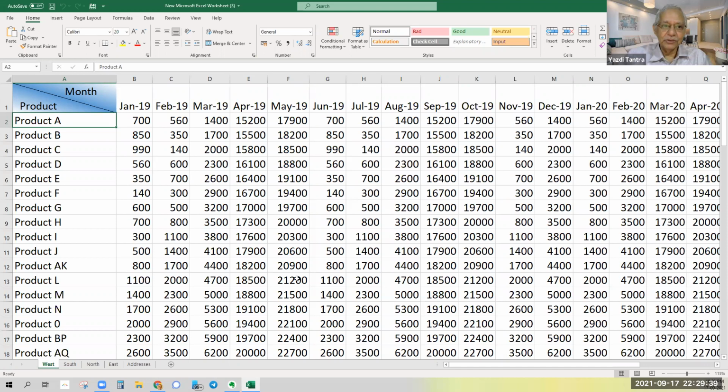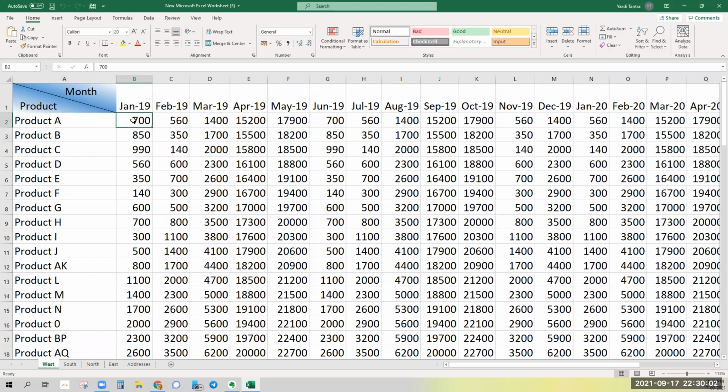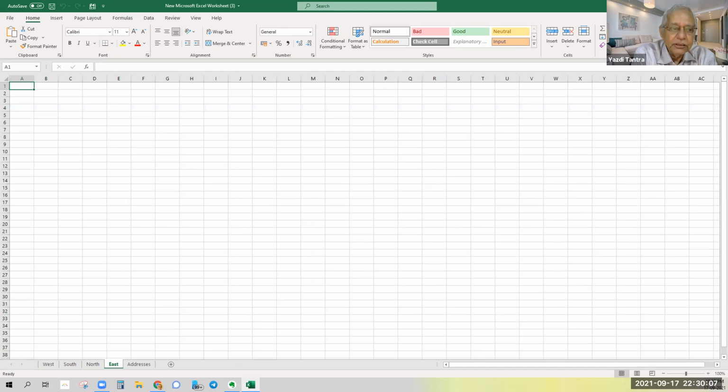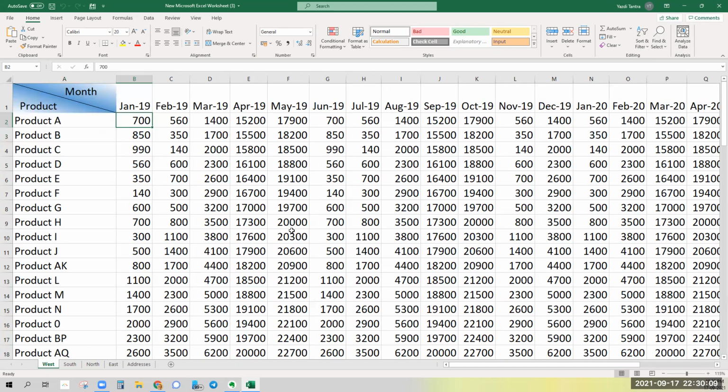We had talked about the 3-dimensional formula. Suppose you have product A and product B. Sorry, I'm pointing with my fingers, you can't see that. Anyway, for the entire sheet for that matter, you can select a sum. It starts from here and ends in the last cell in the last sheet.